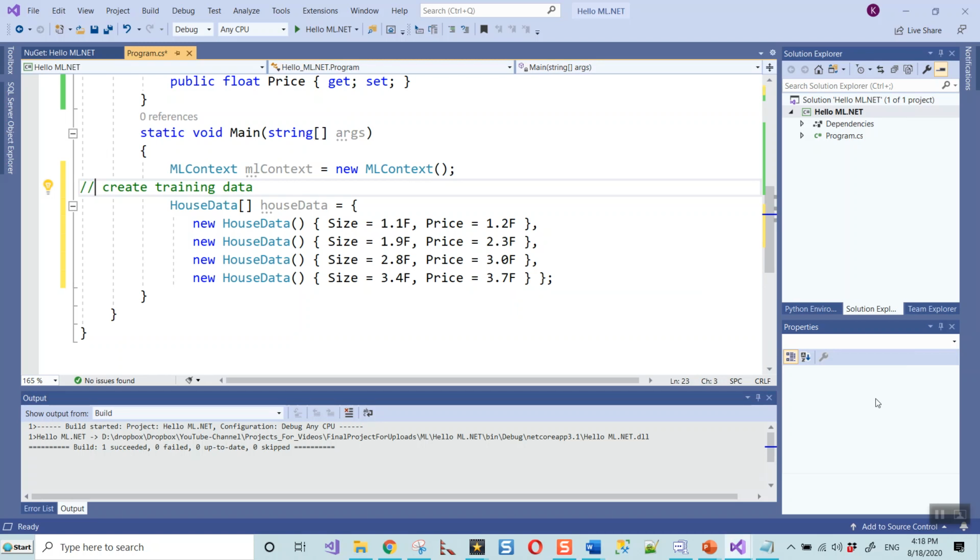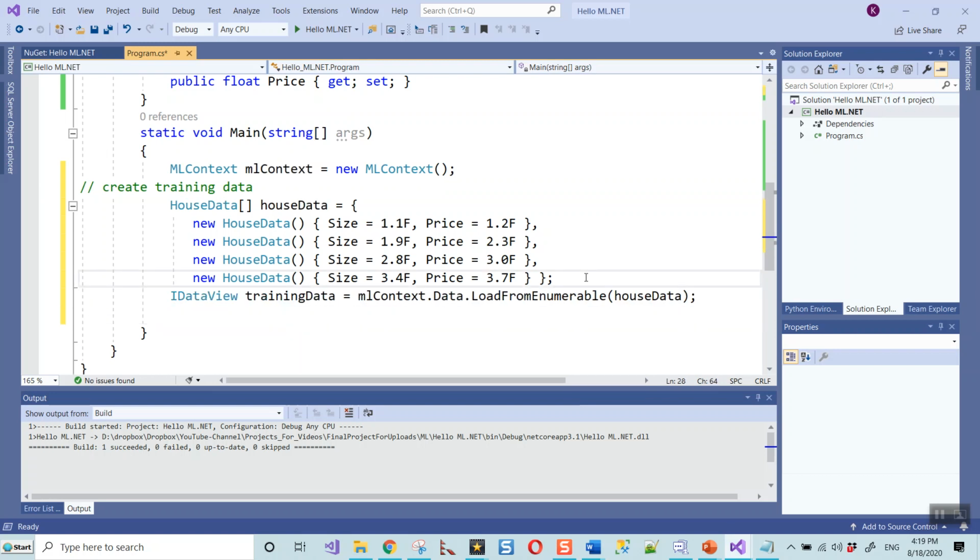Right, so let's get over this. Now the next step is to declare a data view object. So IDataView. Now what is this IDataView? This is the input and output of query operators. This is the fundamental data pipeline type. Okay, this is the training data.